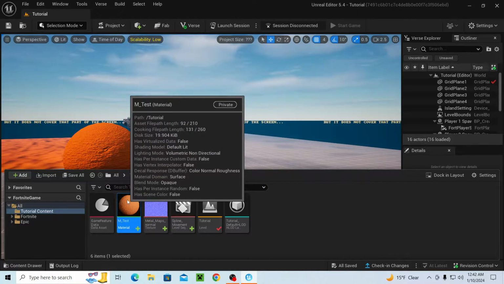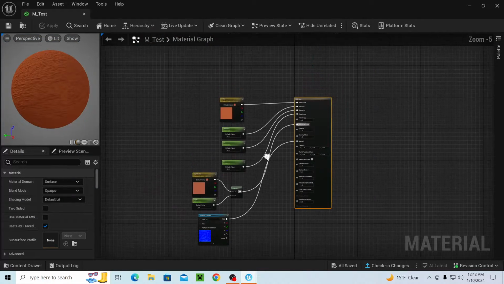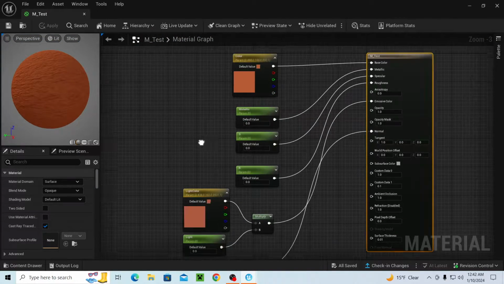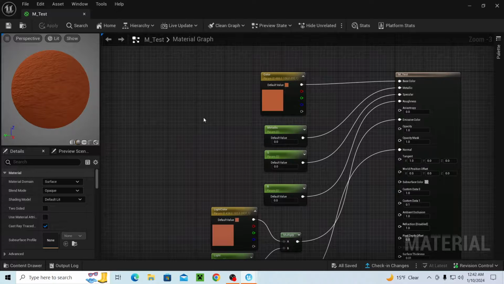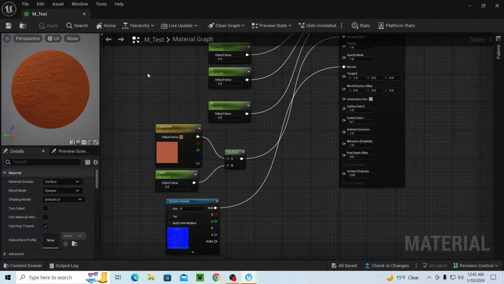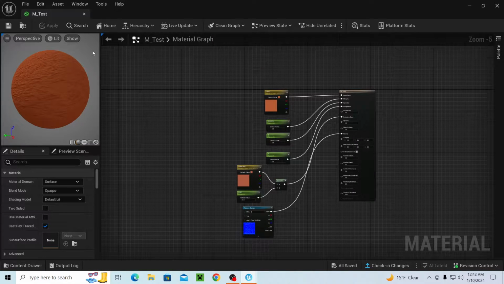So last tutorial, if you didn't see it, you might want to go watch that before this one. We went over the very basics of materials, such as changing colors, adding height maps, adding different variables, such as making it metallic, making it rough, making it specular, all that type of stuff. We did that in the last tutorial, so you might want to go watch that before you get into this. If you already know about all that, then stick around, because we're going to go through a lot more in